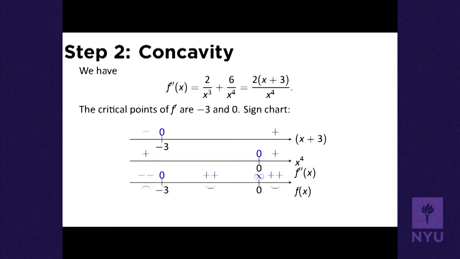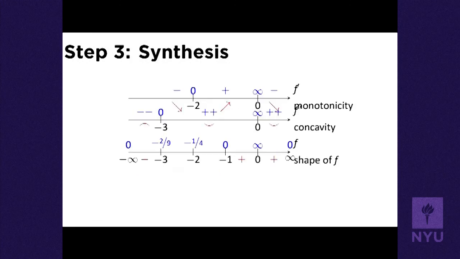So negative 3 is an inflection point, and we can fill in the concavity in between the inflection point and the vertical asymptote, and on either side. Concave down, concave up, concave up. Vertical asymptote there still. Okay, putting these all together,